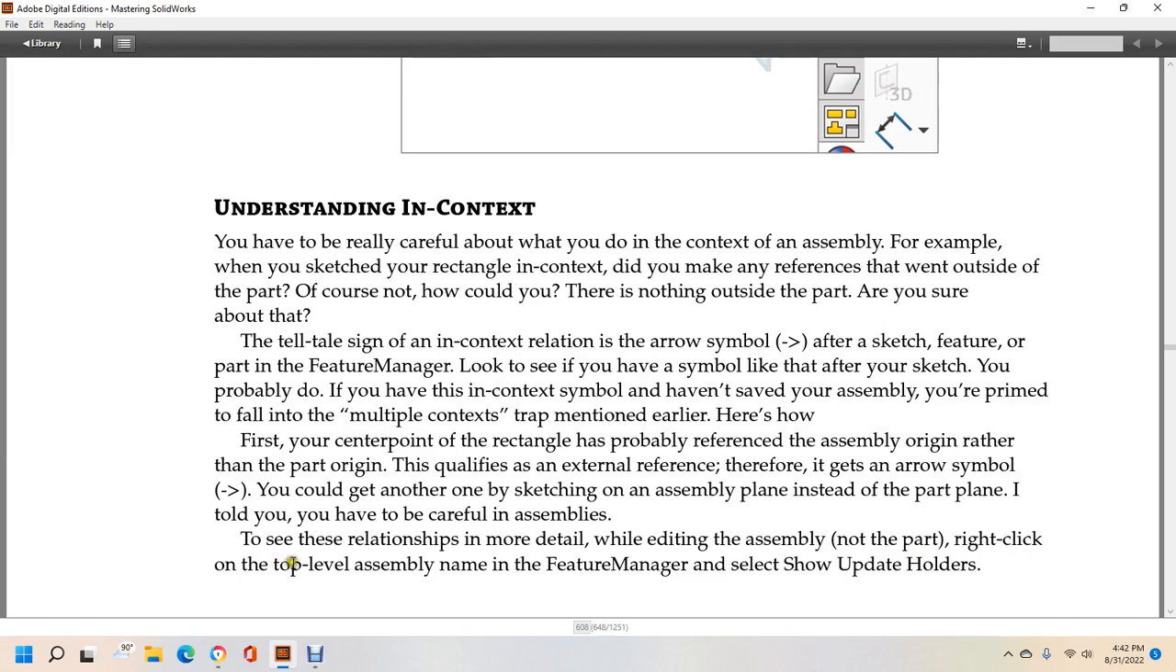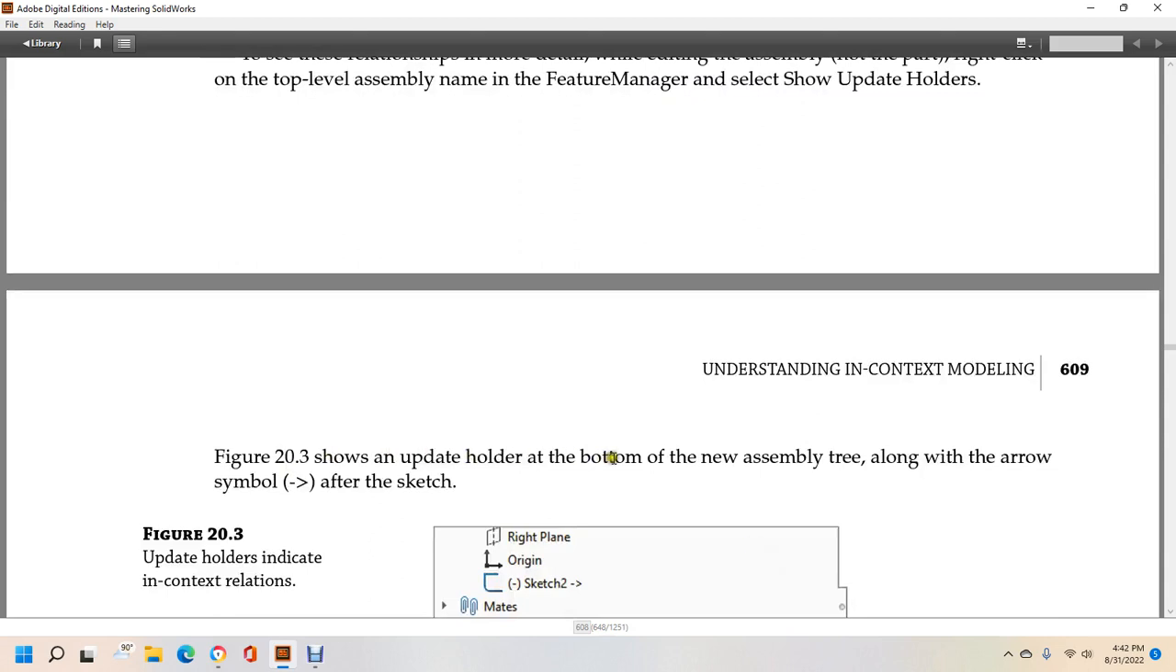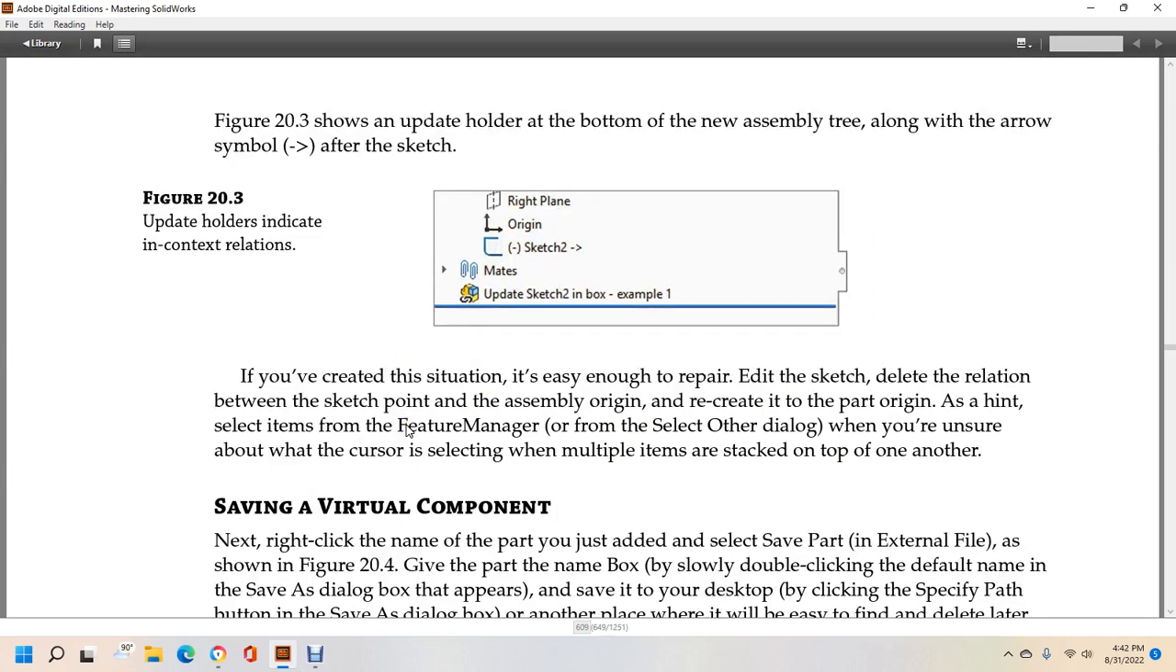the assembly, not the part. Right click the top-level assembly name in the feature manager and select show update holders. Figure 20 shows the update holder of the bottom of the new assembly tray along with the arrow symbol after the sketch. So there's your update holder. You've created a situation easy enough to repair: